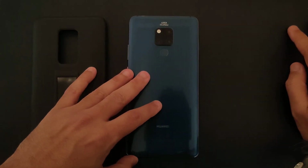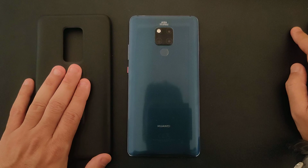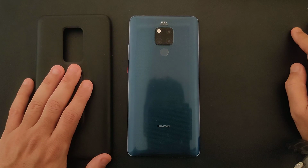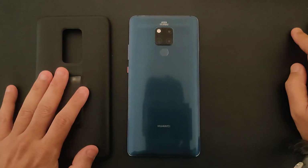But anyways, Mate 20X still rocking it. I'll keep it with me probably one more year and see what's gonna happen with Huawei. Maybe they will revamp the Mate X series,